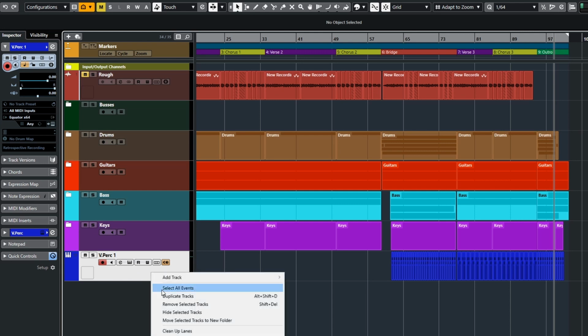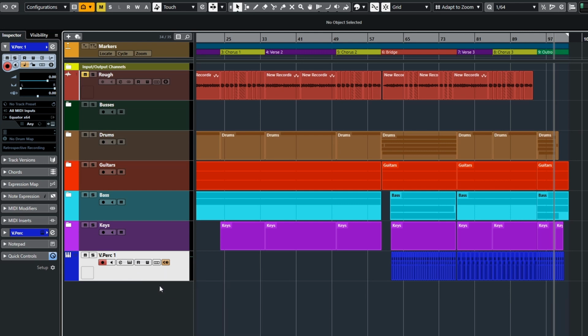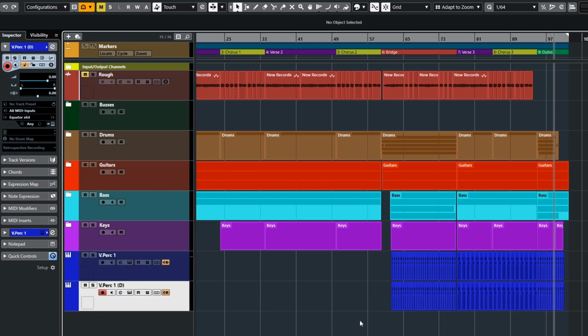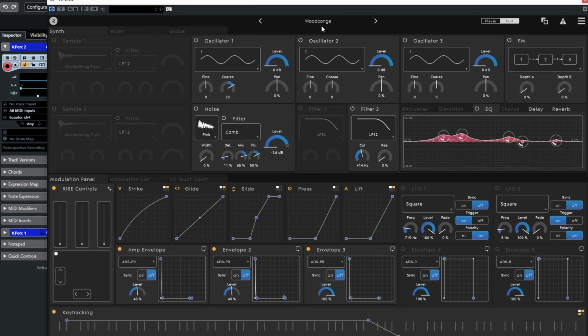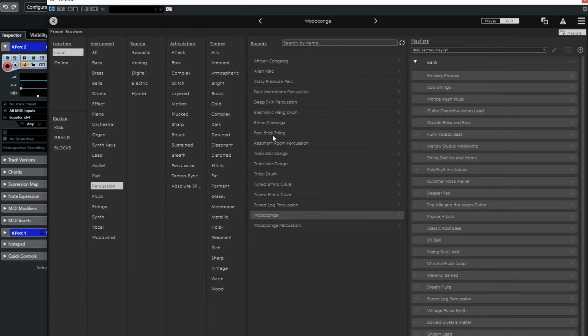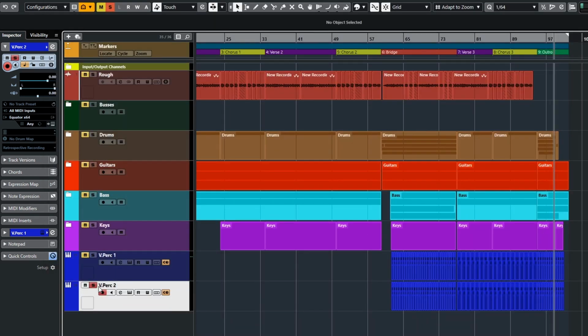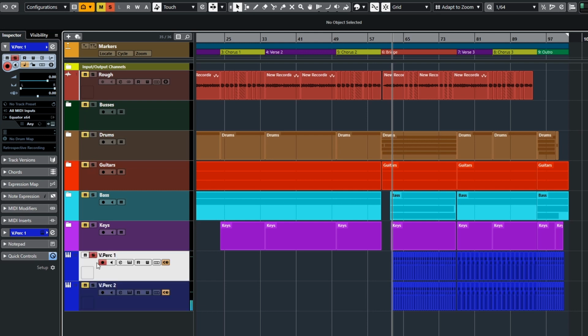And now I'm going to duplicate it. But what I'm going to do is rename that. I'm going to pull up my instrument here and pick a perk stick thing. Now, if I solo this, okay, sounds like that compared to that. But now if we put the two together, and then if we put them in the song, well,